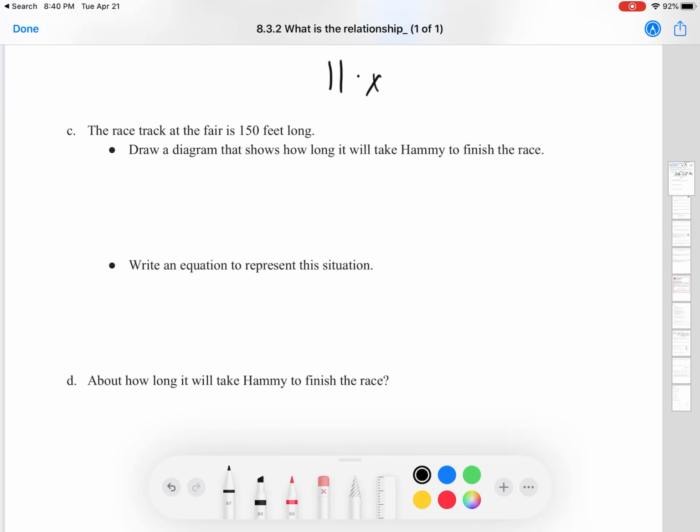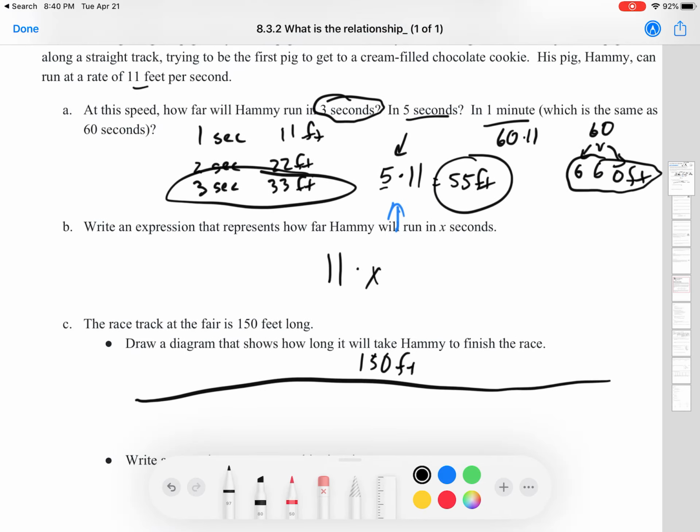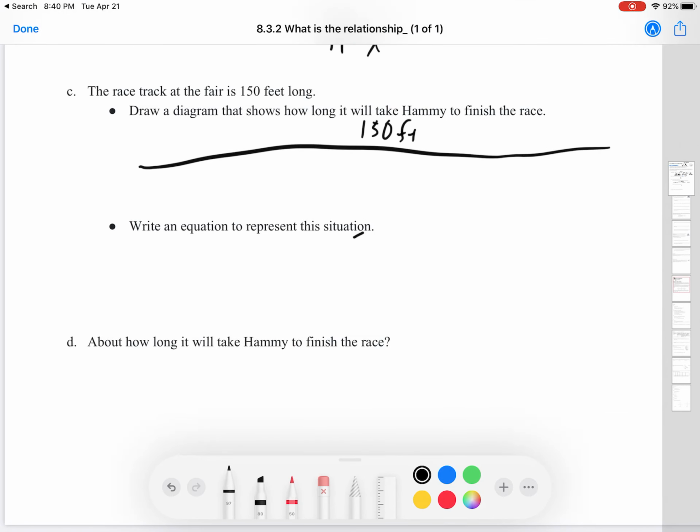The racetrack at the fair is 150 feet long. Draw a diagram that shows how long it'll take Hammy to finish the race. So we have the whole length here, and the whole length is 150 feet, right? And for that 150 feet, we just know that for every second it's 11 feet, right? So, we can just say, okay, here's 11, 22, 33, 44, 55, 66, 77, 88,